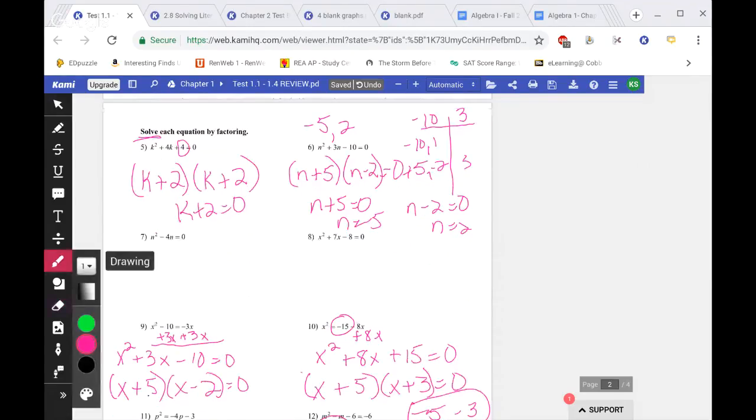Now, number 7, it looks a little weird. You could bring the 0 over if you wanted to, but if you really think about it, one of the first things that you want to do is make sure that it's in standard form. It's close to standard form, but it doesn't have a C value. The next thing that you want to check is, is there a greatest common factor, a GCF? You want to think about numbers and letters every time you're thinking of a greatest common factor. So is there something that n squared